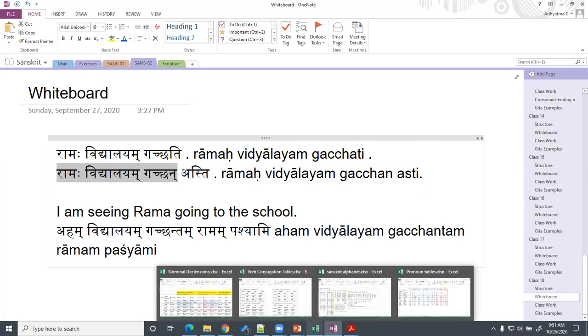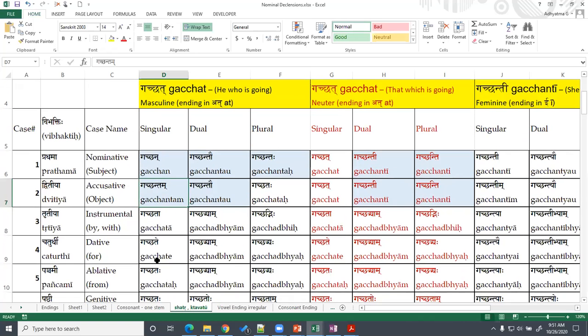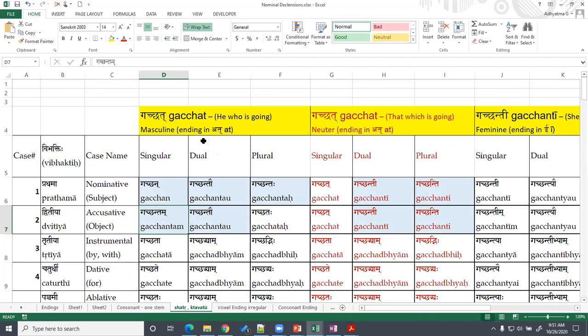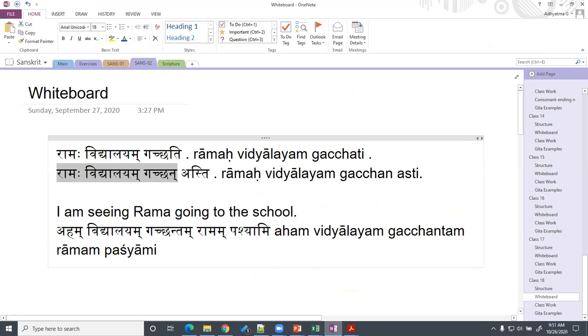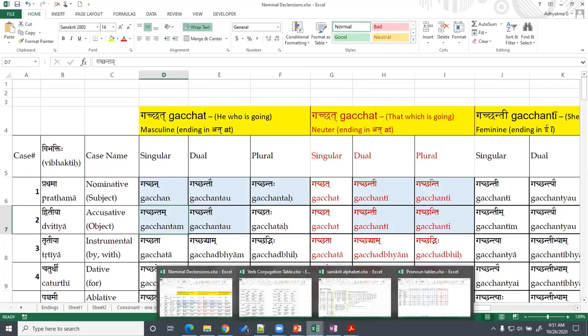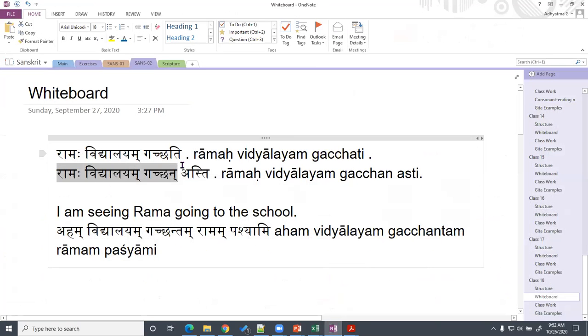So instead of the first case, in other cases it is more common: third case, fourth case, fifth case, sixth case. This is only for the present participle, for the Shatru and Shanach Pratyaya. For the past participle, there is no such thing. Past participle is very common in the first case also.